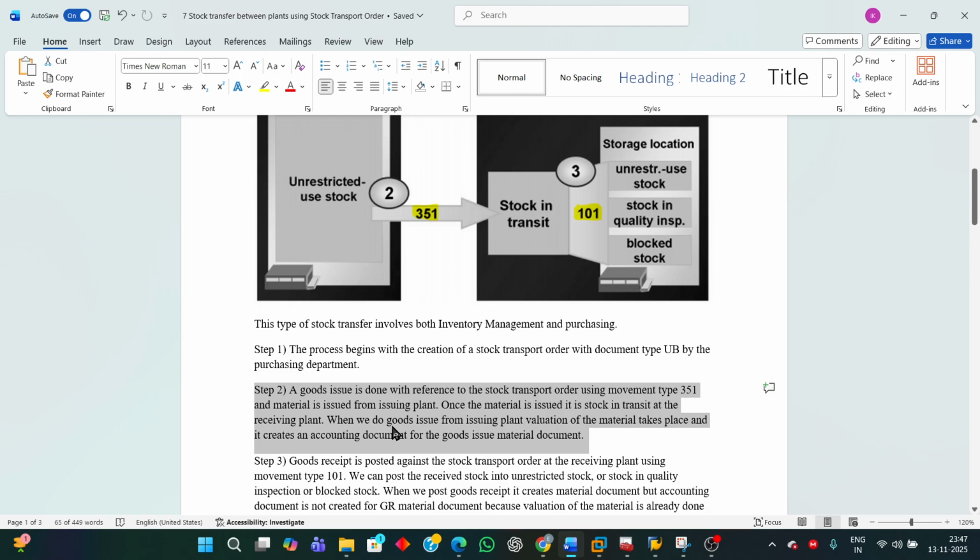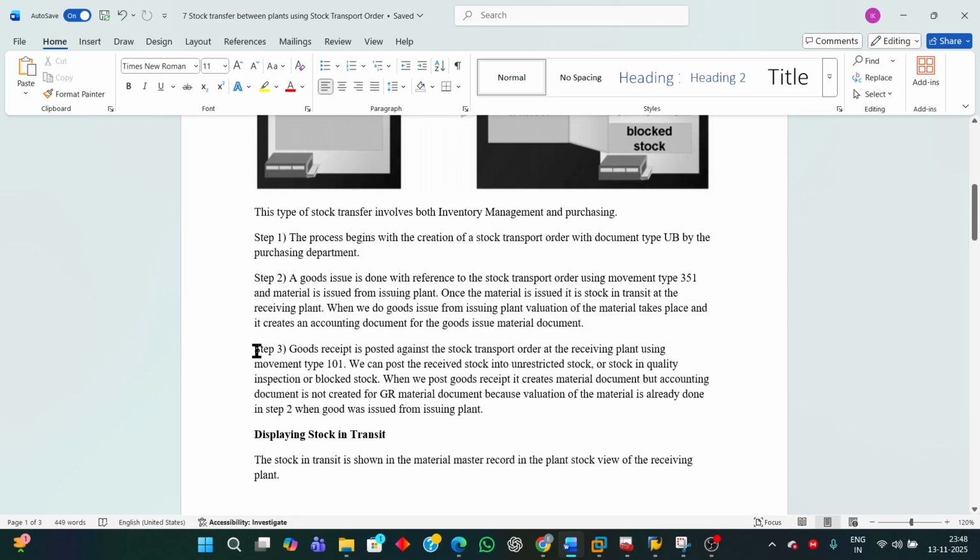So then step number three. Step number three is goods receipt, which is posted against the stock transport order at the receiving plant using movement type 101. We can post the received stock into either unrestricted stock, stock in quality inspection, or blocked stock. When we post the goods receipt, it creates a material document, but an accounting document is not created for the goods receipt material document because valuation of the material is already done